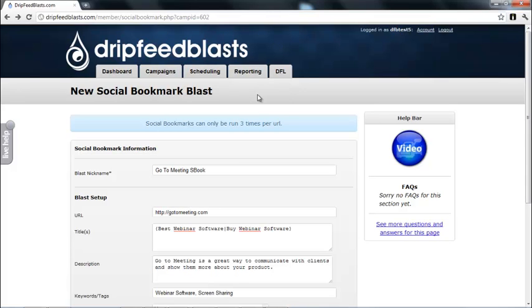Okay, so I'm on the page right now and the first thing I see in a light blue background is a notification, and it's reminding me that I can only run social bookmark blasts up to 3 times. That's each unique social bookmark blast. Okay, so now that we have that in the back of our head, we can move on and start creating